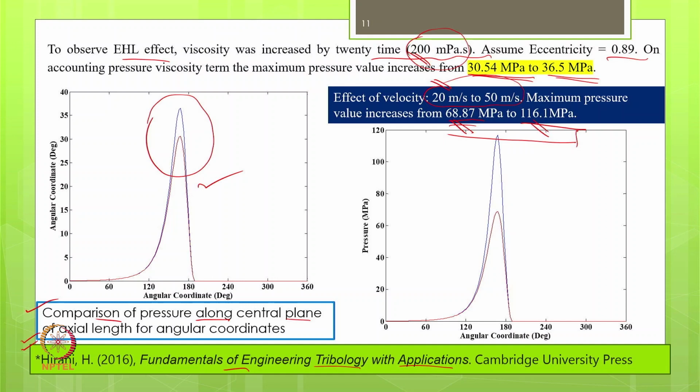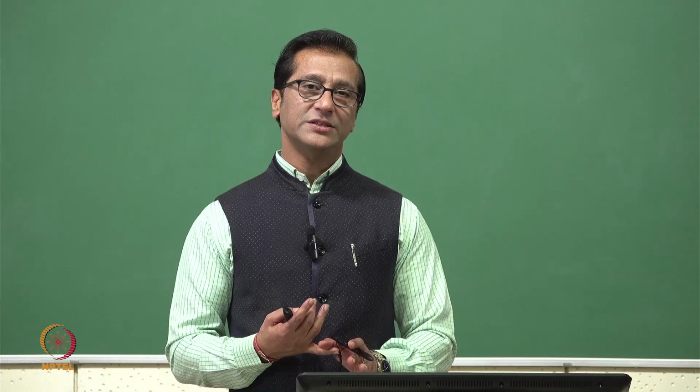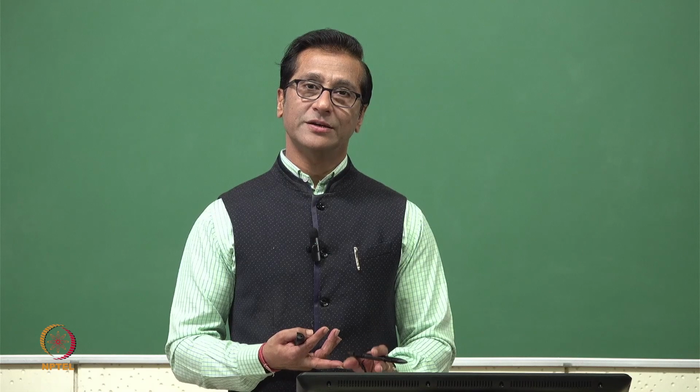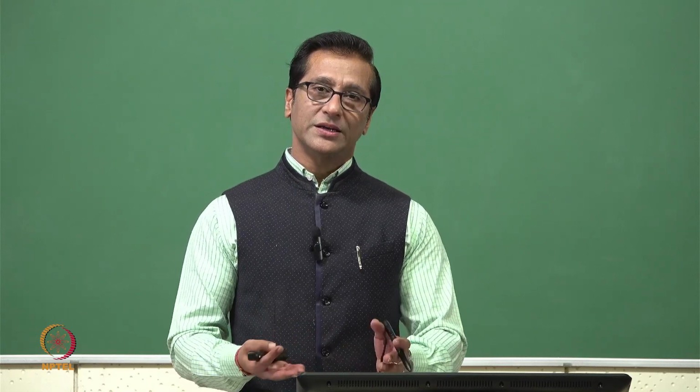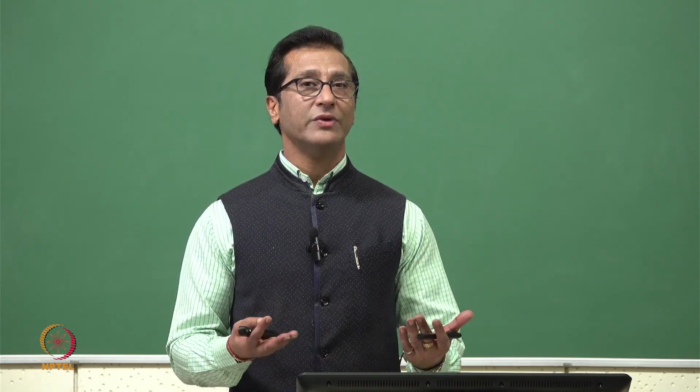So this is reasonable, and you can see the plot here. The blue color pressure is with the piezo-viscous effect, and the red color is without the piezo-viscous effect. So this gives some understanding of what is really happening. Earlier we considered only the elastic deformation. We took the example of a thrust ball bearing. Now we have considered another example which has been quoted in my book, and we are trying to understand what the effect of the viscosity and the effect of the velocity will be on piezo-viscous